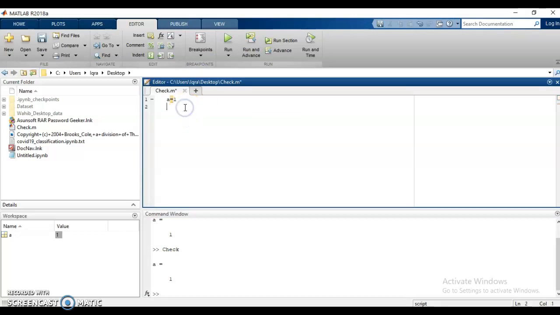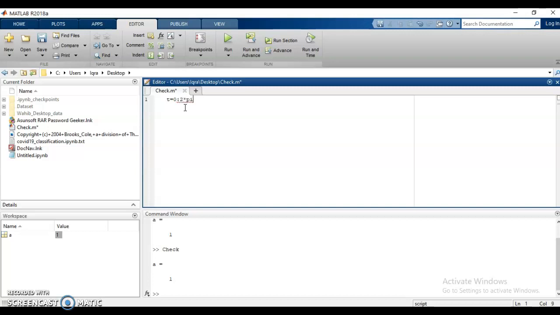Okay, so let's move forward towards signals and systems, as we had already been doing. If I have to define a signal, let's say cos of t for the time 0 to 2 pi, first of all I define my t, the independent variable, and give it the range in which I want to define it.